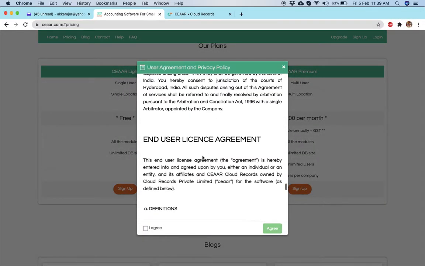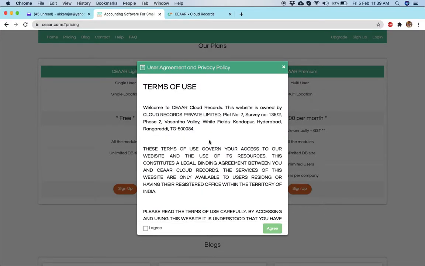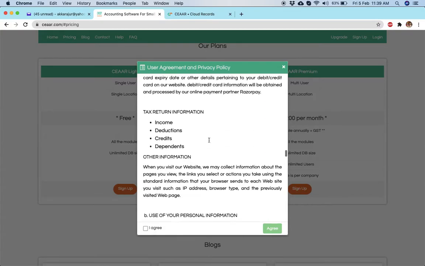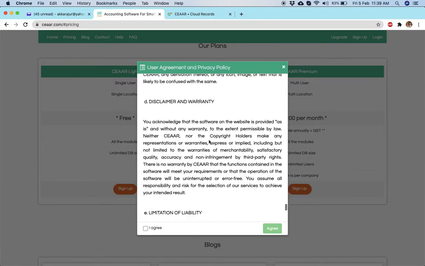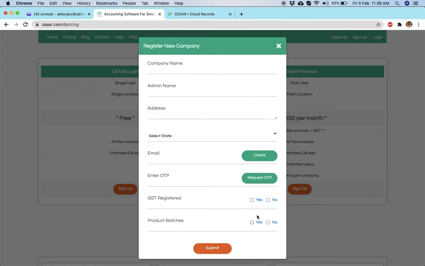This shows a user agreement, privacy policy and terms of use. Please go through it in detail, and if you are agreeing to this, please check the I agree checkbox to click on the agree.